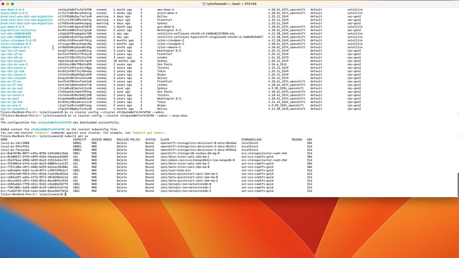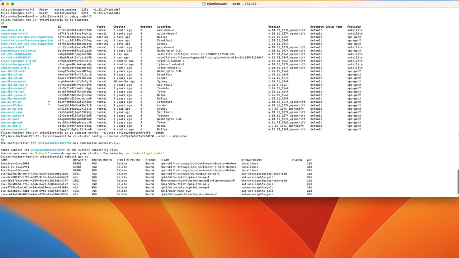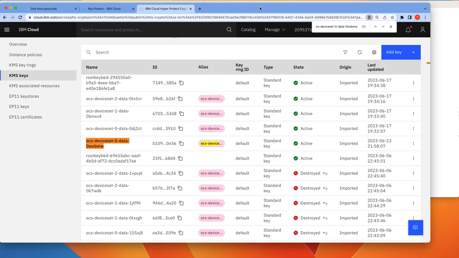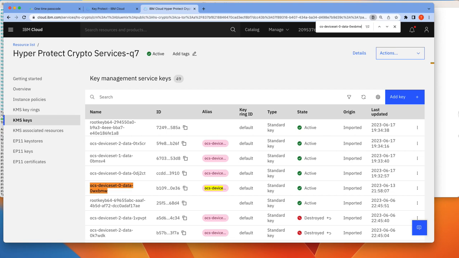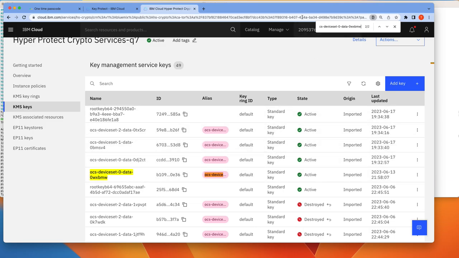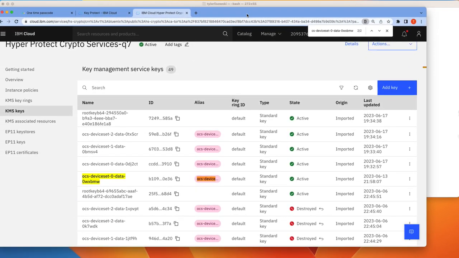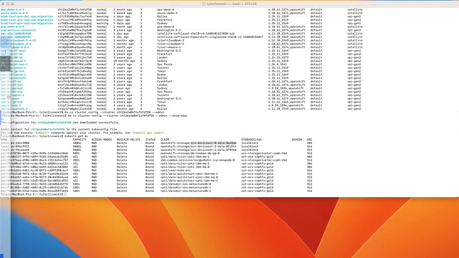So starting with the AWS cluster, what we're going to see is we actually have ODF deployed. And what we're going to be able to do is look at the Hyper Protect Crypto Service that I have. And we're going to see that corresponding to this PV, there is a key that is used to actually encrypt that device where that data is stored locally. So with ODF, right? Because it's using those local volumes. And we can see that by looking further